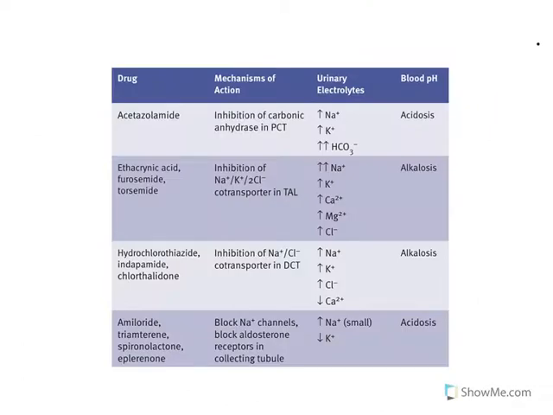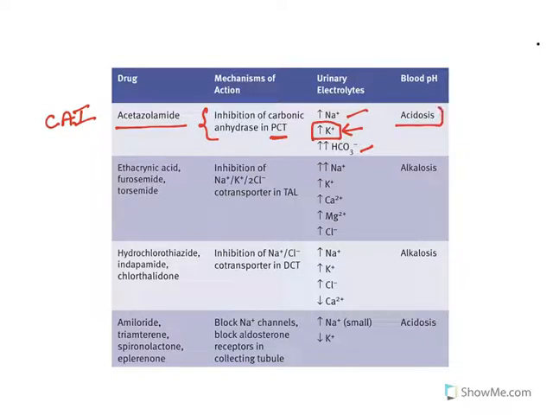Next one, there is a brief description about the entire thing. See the first class, acetazolamide, are carbonic anhydrase inhibitors. They inhibit carbonic anhydrase in the proximal convoluted tubule. They increase the excretion of sodium and bicarbonate. Potassium loss will be there because at the collecting duct, the excreted sodium will get reabsorbed and it is exchanged with potassium. Potassium will be going out. Hence it causes hypokalemia. Hypo means less, kalium means potassium, emia means blood. It results in decreased levels of potassium in blood.